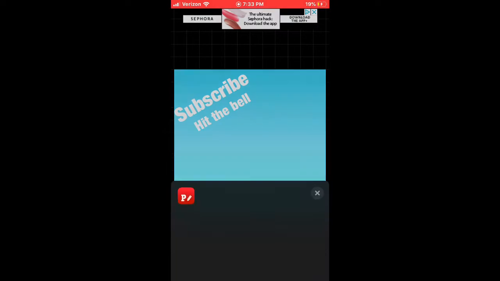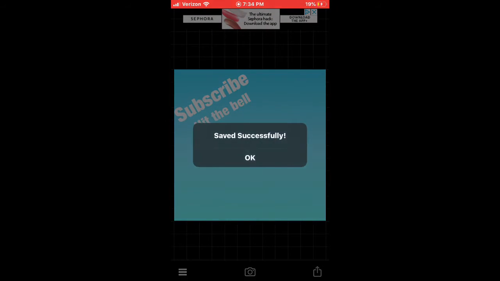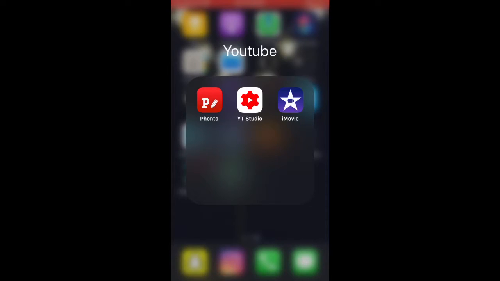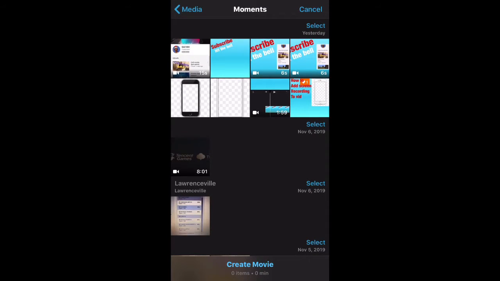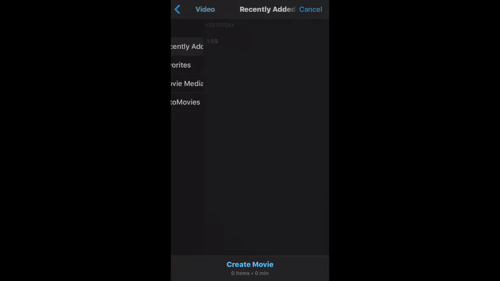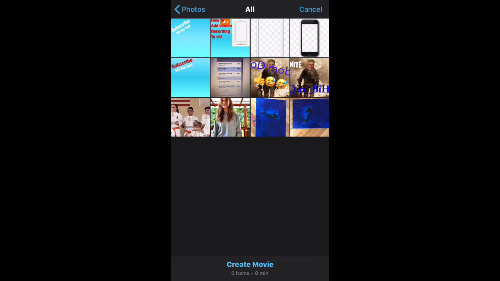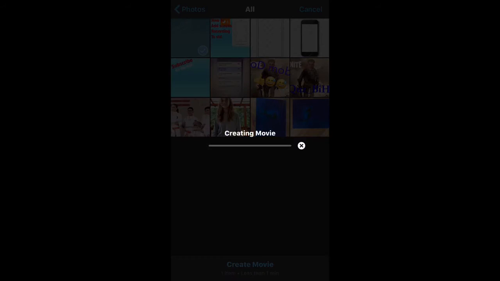So what you want to do is click this, click the share thing. You save to files, go here, go to movie, go back, photos. You go and you click the one that you need. You create movie,